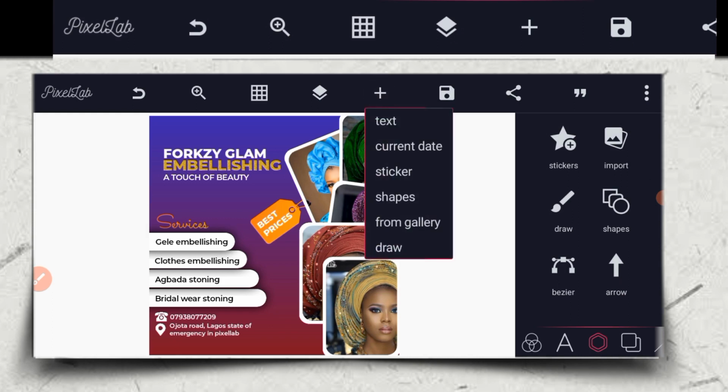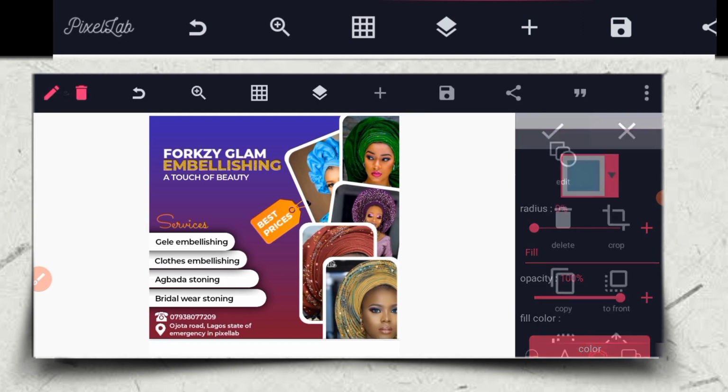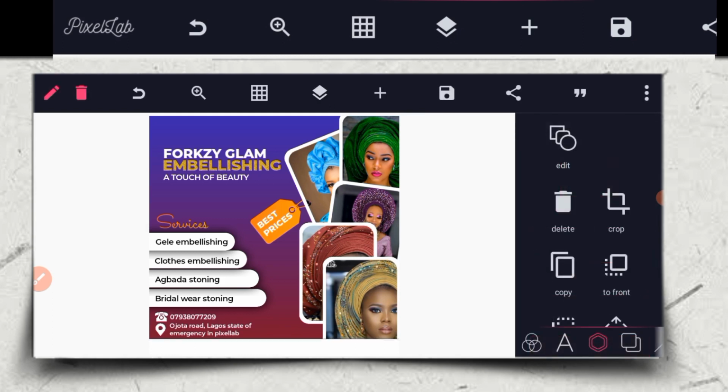So the next thing I'm going to do is to click on the shape. So I'm going to click here. I'm going to put it here. I'm going to put it here. So I'm going to bring it down a little bit. Good. So after bringing it down a little bit, the next thing I'm going to do right now is to go to here. Then